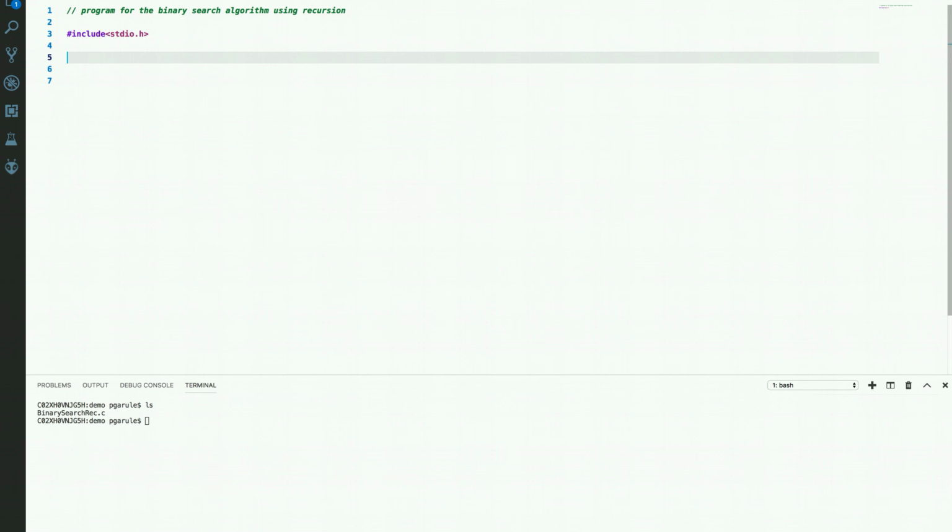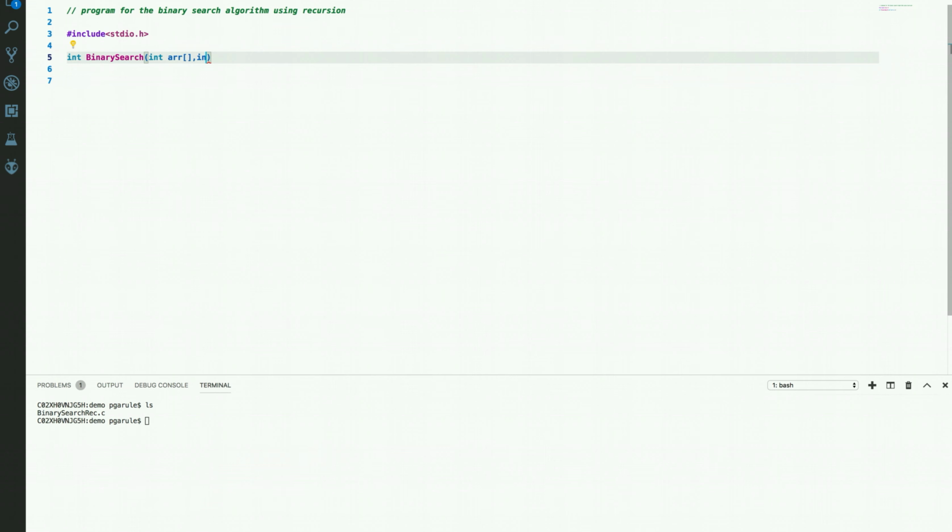Now we'll write a function for the binary search algorithm. Binary search is a function and it must take some parameters, and the first parameter is an array of integers, and this array of integers is going to be in sorted order. Remember, we discussed the key points about the binary search algorithm, and there we discussed that sorted input is the prerequisite for the binary search algorithm to work. So this array must be in sorted order.